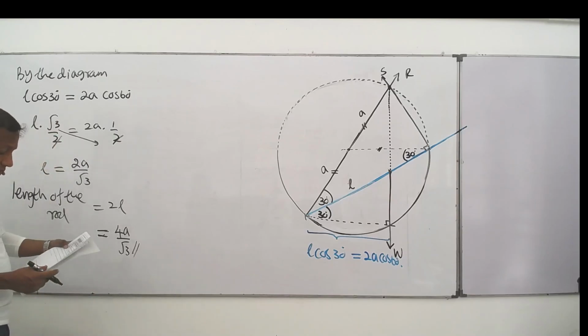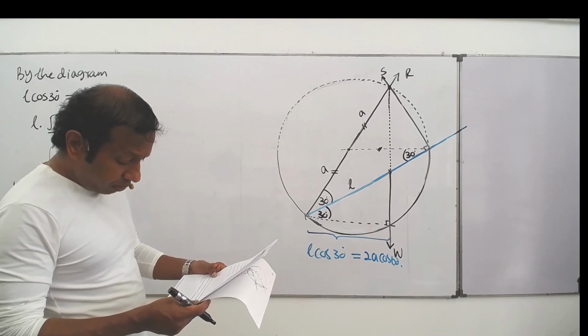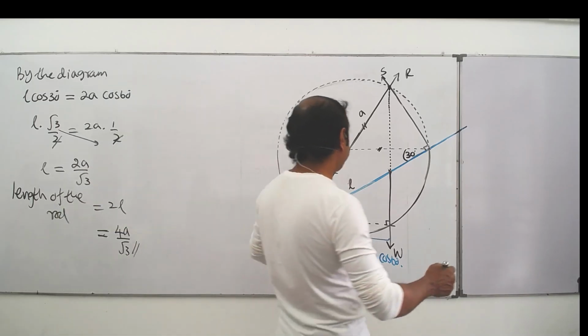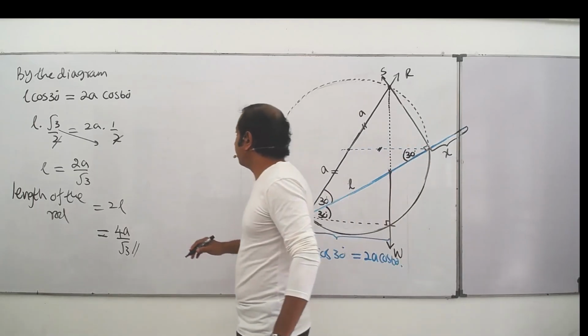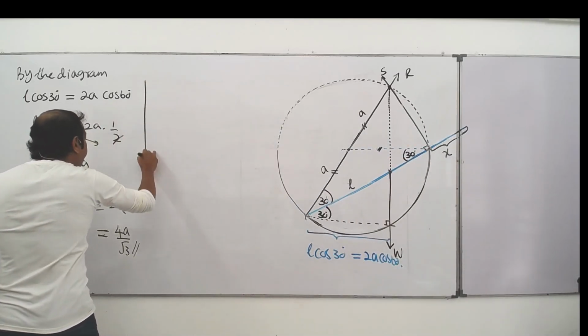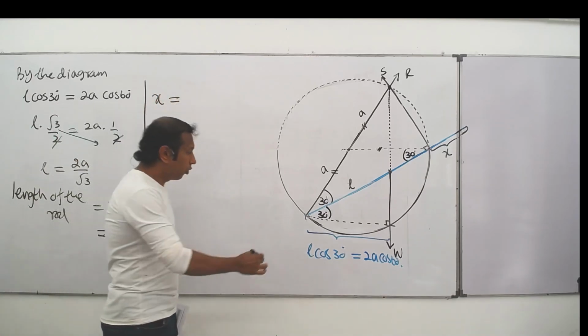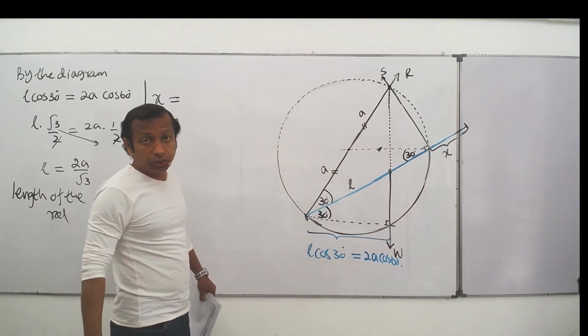Right. Ask the next part. Also find the part of the rod projecting beyond the rim. So this is asking, if you take this as x, this x can be found how? X is equal to, from here to here, the length of the rod 2L